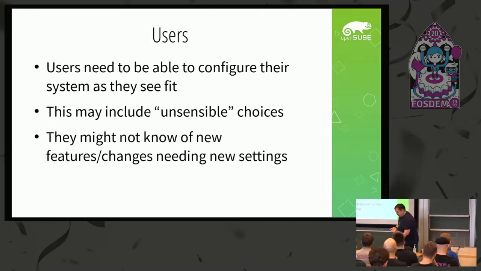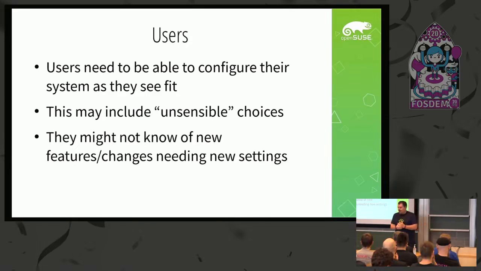But at the same time, some users believe Linux is about choice, or at least there's definitely the choice they have to potentially ruin their system. And they want to configure their system the way they want it. And that means potentially having unsensible choices, or at least weird ones that make no sense to us. And they're not necessarily going to be paying attention to all of the stuff going on in the distribution, in those upstreams. So they're not necessarily going to know that this default needs changing, this new feature has some nice new flag, just like the systemd talk we just had with all those wonderful different flags you can put into your systemd unit files. Right now, for a lot of services, a lot of daemons, that's a bit of a